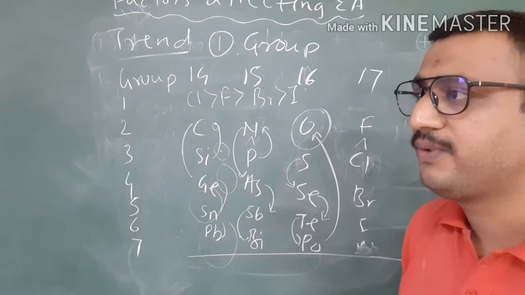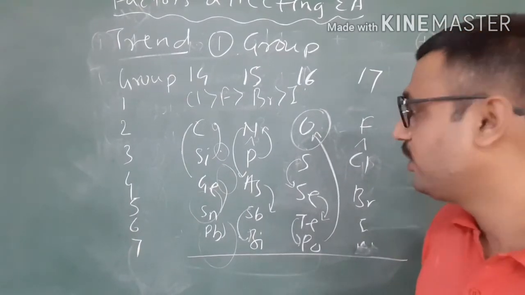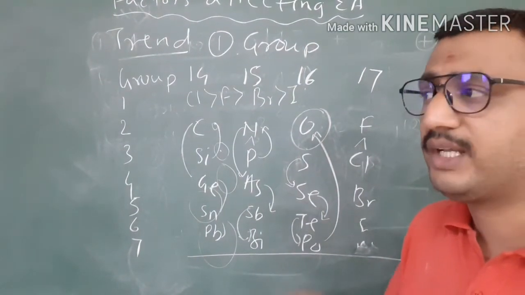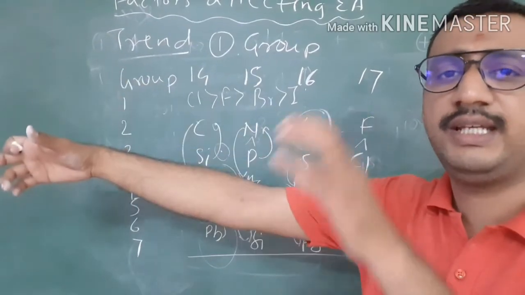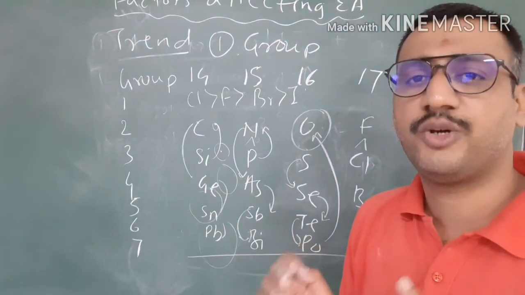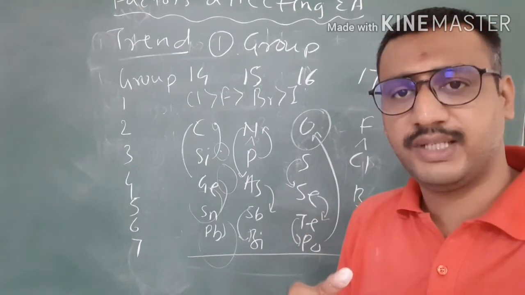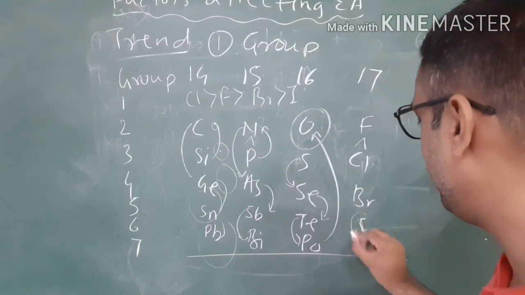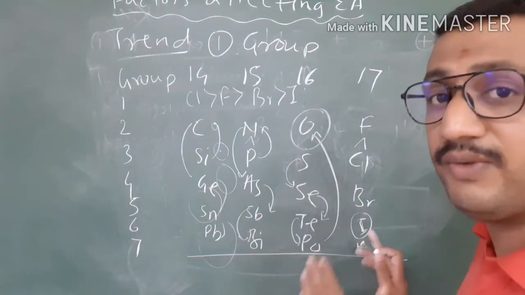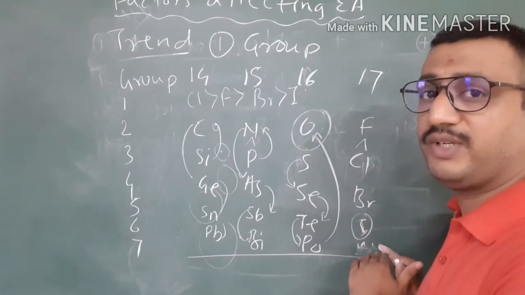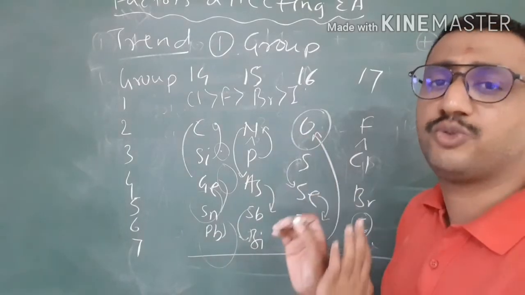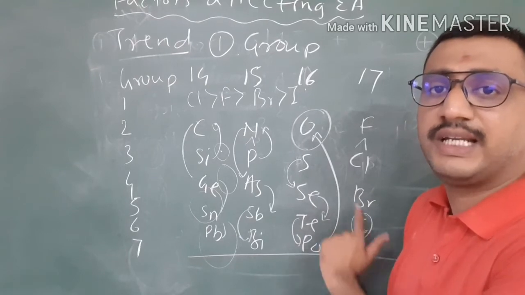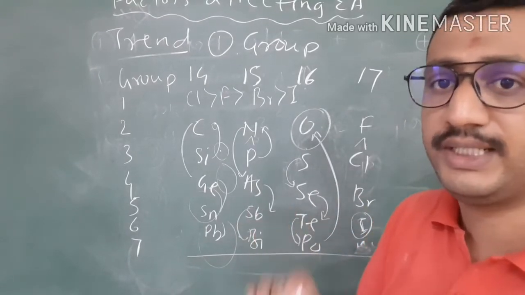Second thing, if we compare electron affinity values of the 16th and 17th group elements, we will conclude that if we take any element from the 16th group and any element from the 17th group, the electron affinity of the 17th group element will be higher. Try to understand: in the 17th group, iodine has the least electron affinity value. Even if we compare iodine, which has a very low electron affinity value in the 17th group, with any 16th group element, in the 16th group sulfur shows the highest electron affinity value, but the electron affinity of iodine is greater than that of sulfur. For the comparison it is useful.